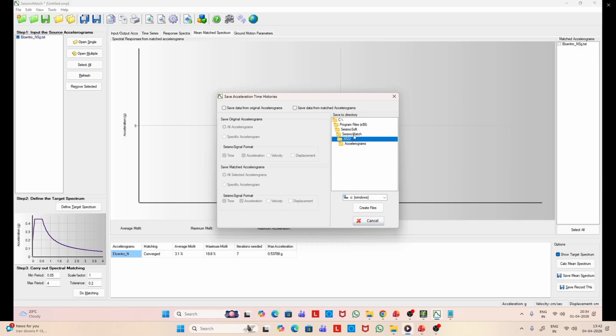Now, the accelerogram is spectrum compatible. So the design spectrum is as per IS 1893 and the location is Guwahati in zone 5. And for that, the saved accelerogram is appropriate because now it is spectrum compatible. Otherwise, you cannot use the raw accelerogram, then the time history analysis will be wrong. So let us save it.